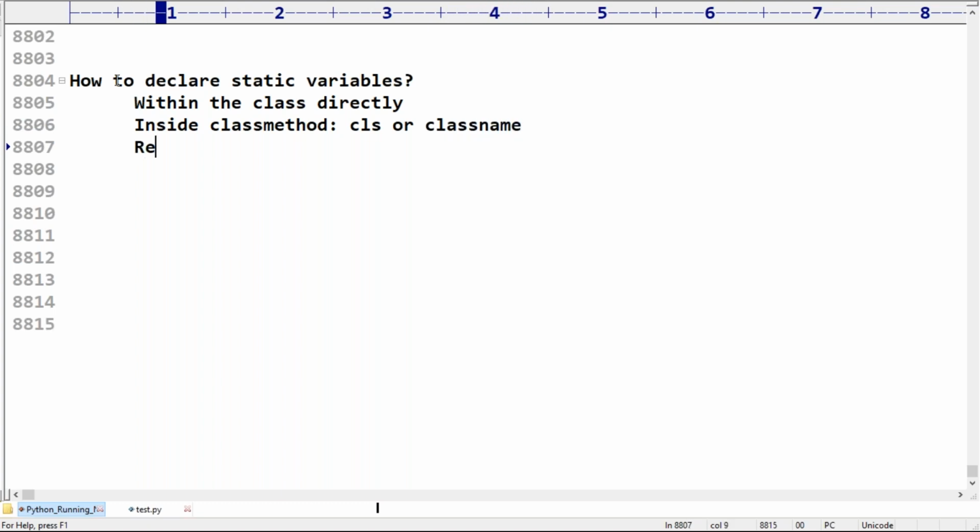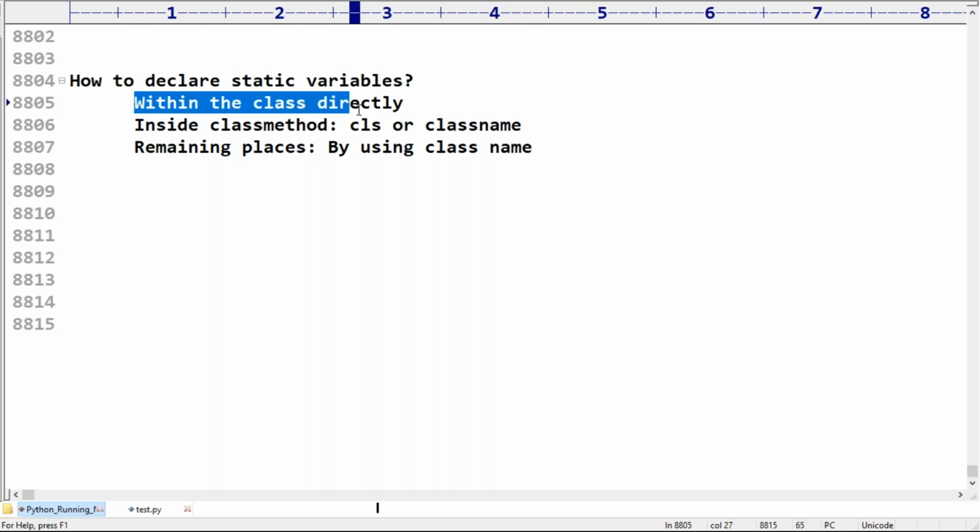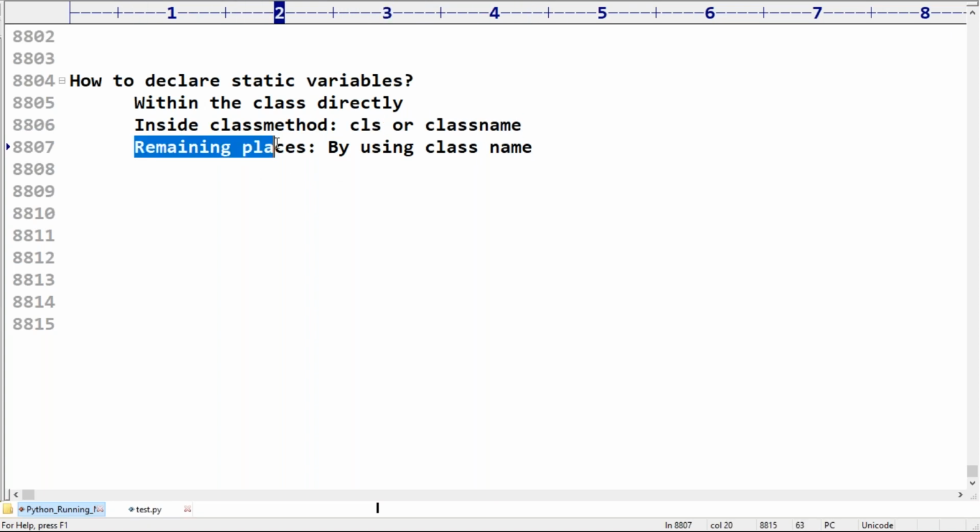In the remaining places, by using the class name. Any doubt? Within the class directly you can declare a static variable. Inside a class method you have the CLS facility, either CLS or class name. In the remaining places you can do it by using the class name.